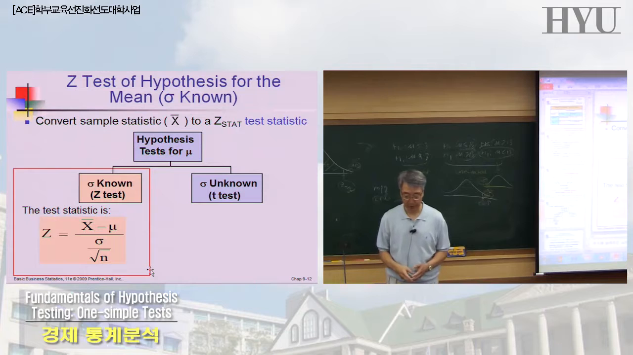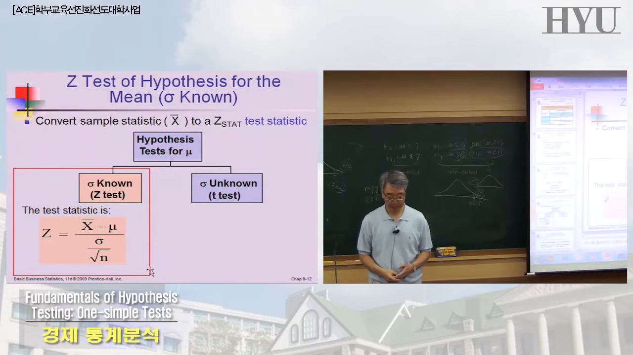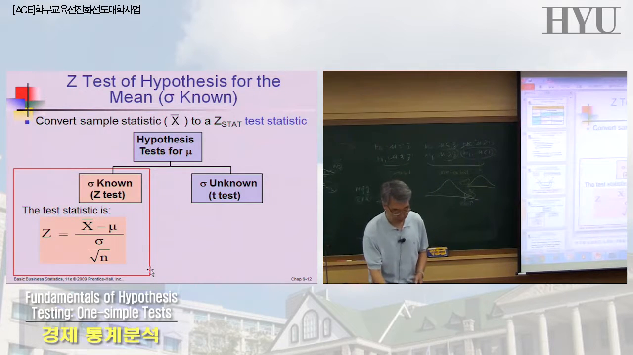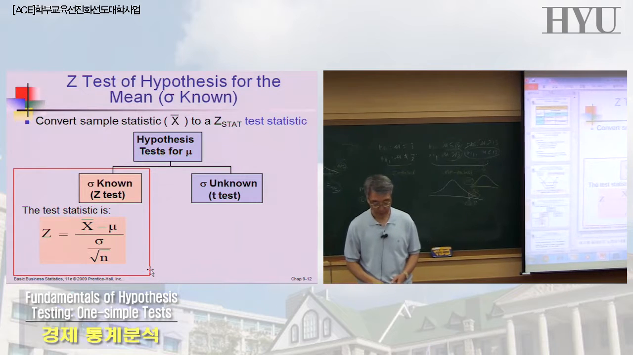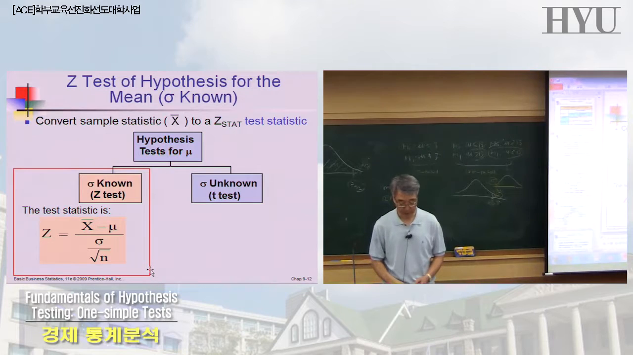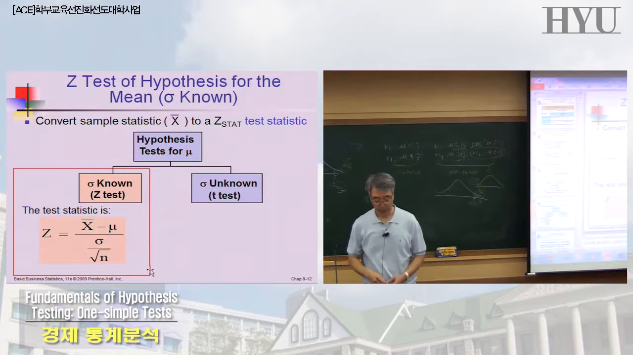All right, so here's exactly how we come up with the test statistic. If sigma is known, then we can use the Z statistic as the test statistic. Not critical value, sorry. The test statistic Z is X bar minus mu, the sample mean minus the hypothesized mean, divided by sigma over square root of n. In other words, we are converting,